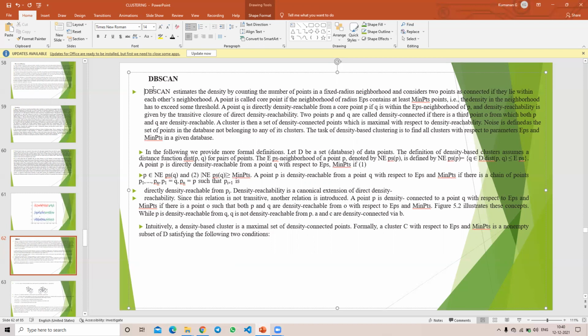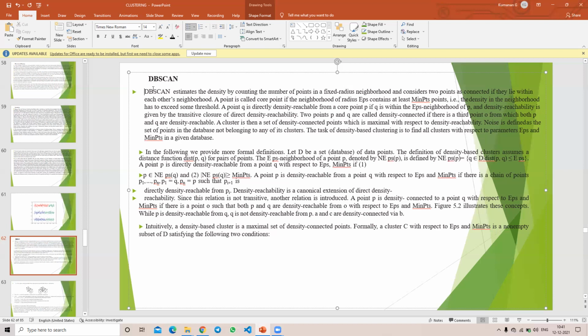The task of density-based clustering is to find all clusters with respect to parameters EPS and MinPts. Here, we mention MinPts is a given database. In the following, we provide a more formal definition. D is the database of data points. The definition of a density-based cluster assumes a distance function, distance(P, Q), for pairs of points. The EPS neighborhood of a point P, denoted by N_EPS of P,